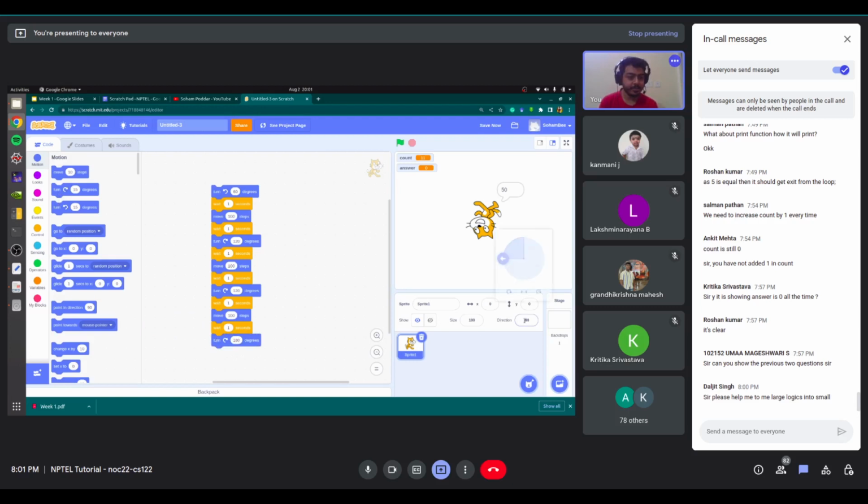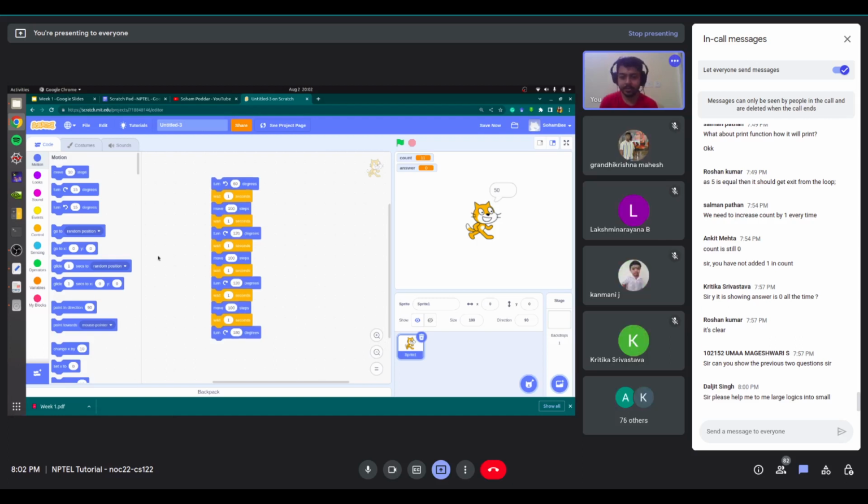So we'll reset it once more. Or we can just do this. Okay, we'll run it one last time. You can see that it is doing a triangle, and then finally it turned back to the original position. So this is how you can make it move in a triangle. So this is your code.